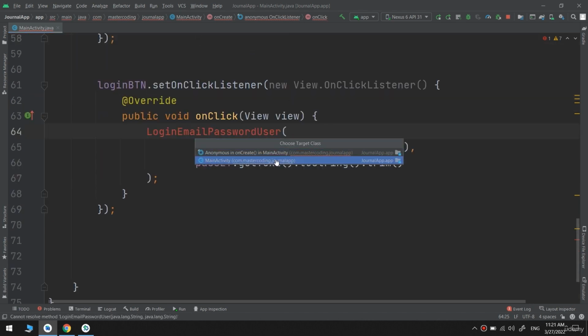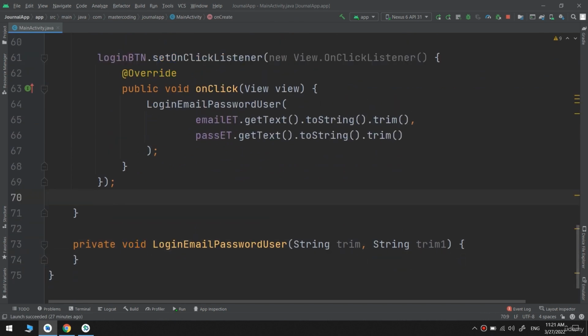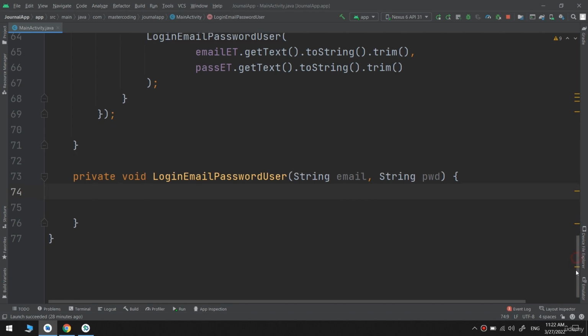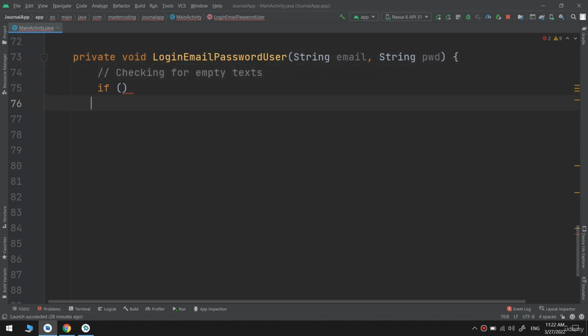Now let's create this method with the two parameters, the username and the password, pwd here. Now let's start configuring and writing the code inside this method. Login email password. I will use an if statement checking for empty text, if the user entered an empty email